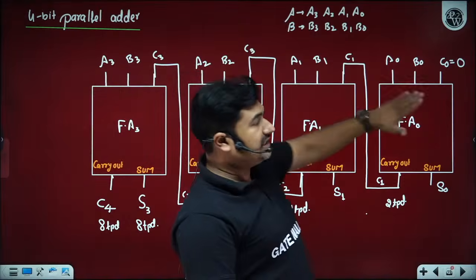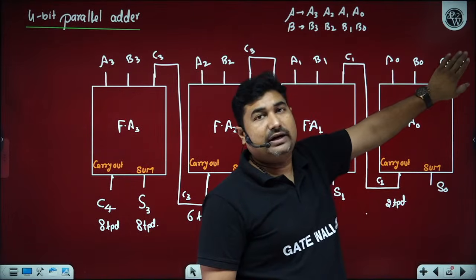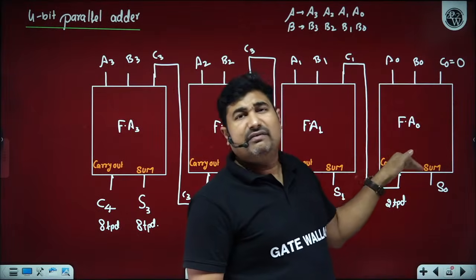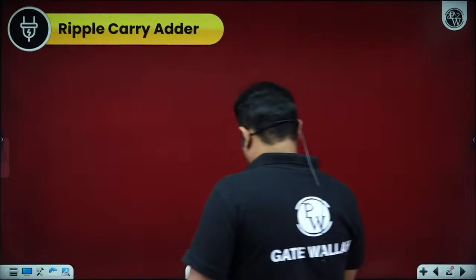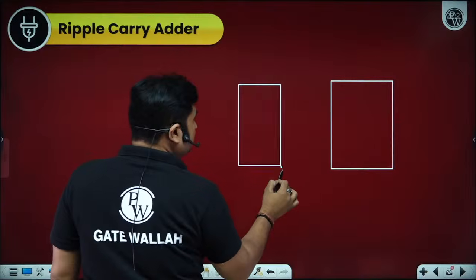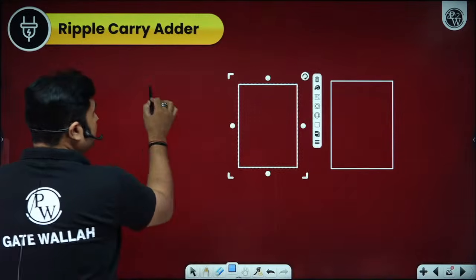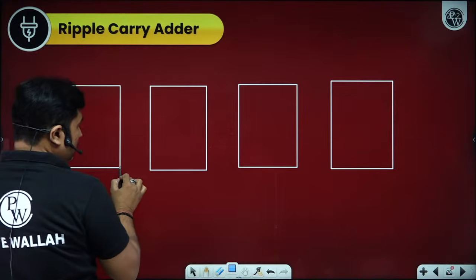Sir, if the fresh addition is going to be performed, then C0 is not required. So instead of using a full adder, we can also use a half adder here. Yes, sir. So you can use a half adder here and use 1, 2, 3 full adders. Then also